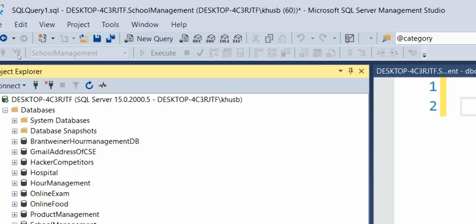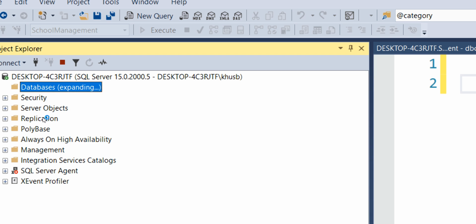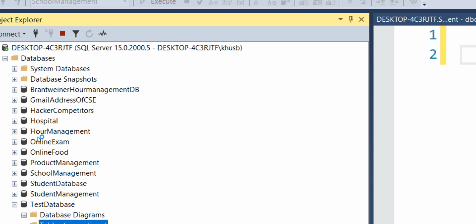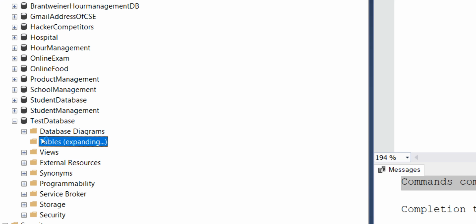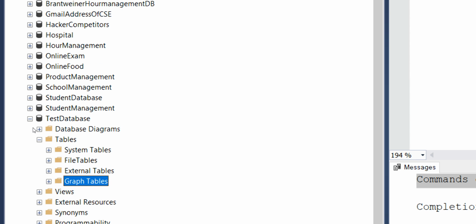Alright, so after creating, you need to right click on this and you need to refresh this, only then it is going to show us. So here we have test database, but as we can clearly see here, we do not have any tables created yet, right? So this table section is empty for now. These are all the system files we are going to see in later classes, but for now we do not have any tables, right? Now let's say I want to create a table with some columns, right?